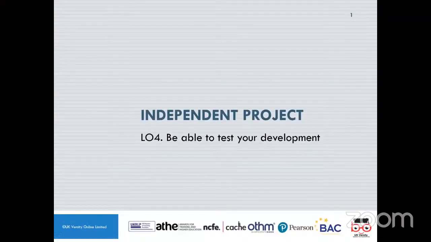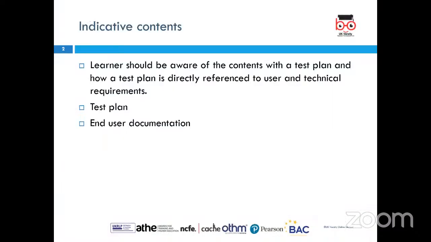So for this tutorial, we're going to be able to test on our development. So from our indicative content,